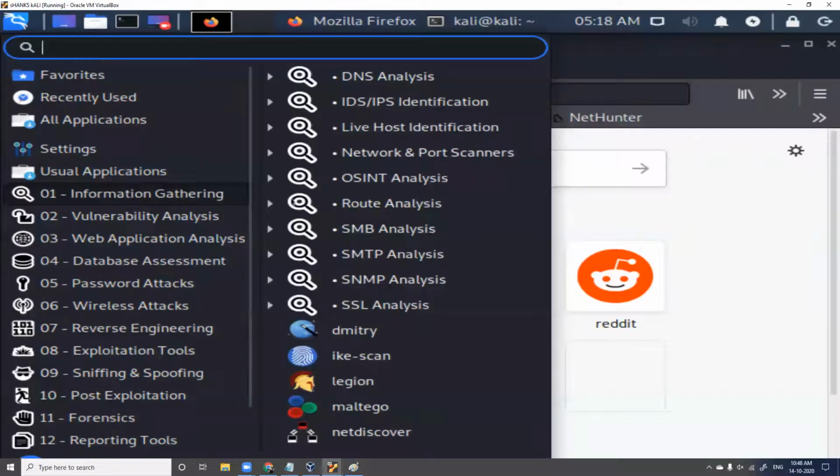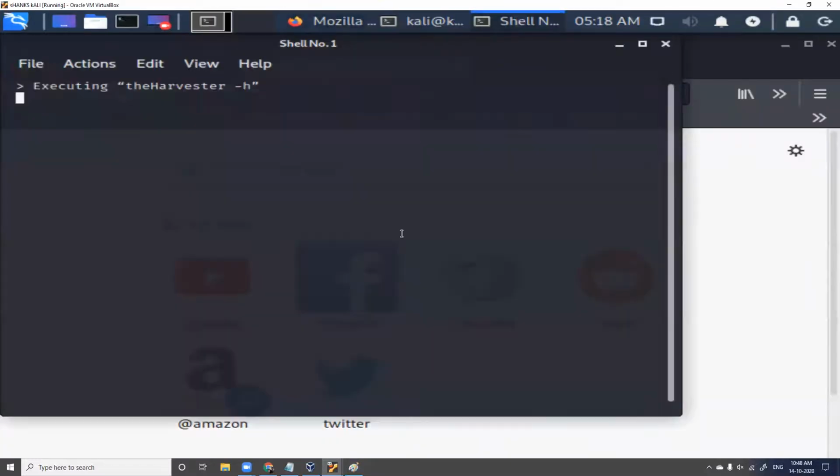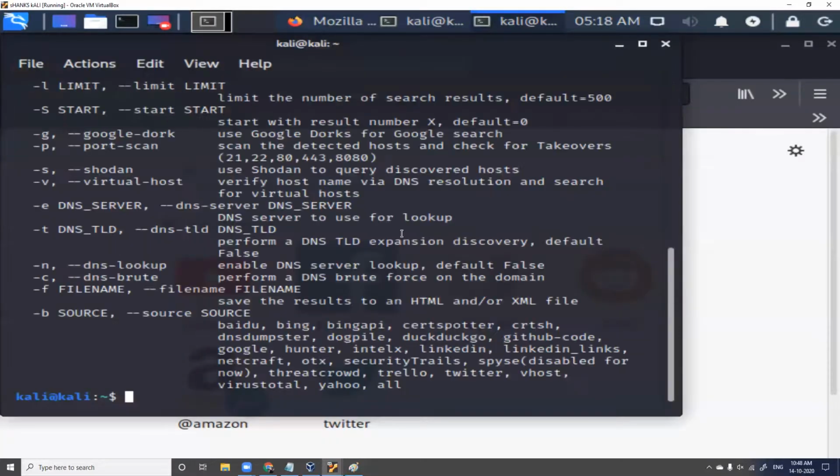In information gathering, we'll go for OSINT analysis, open source intelligence analysis. I click this, I have this tool called theHarvester. Open this tool. When you open this tool, it says it is executing theHarvester, perfect.